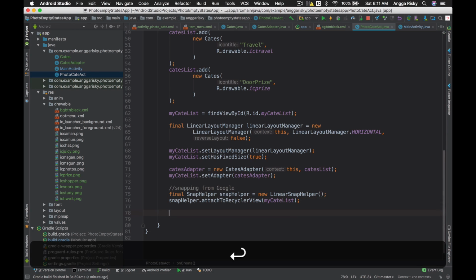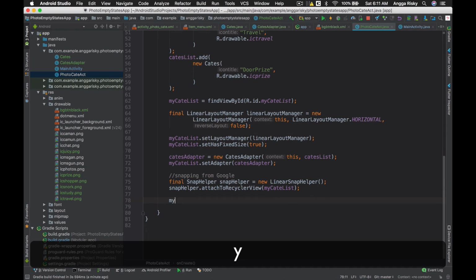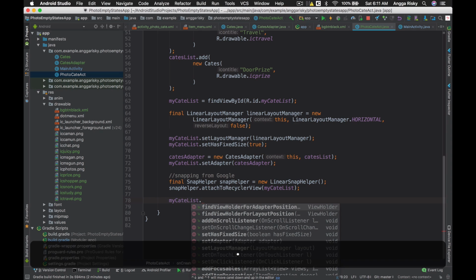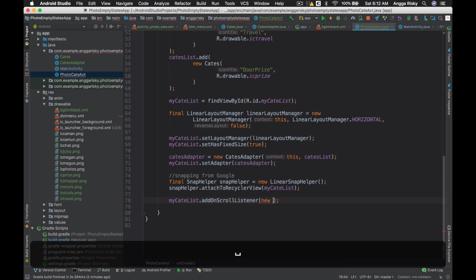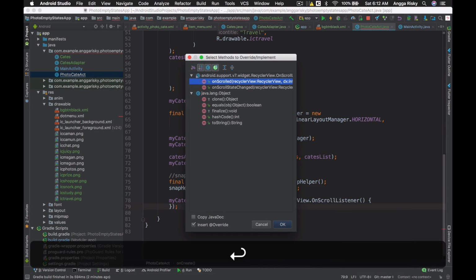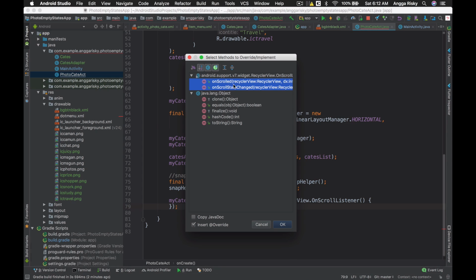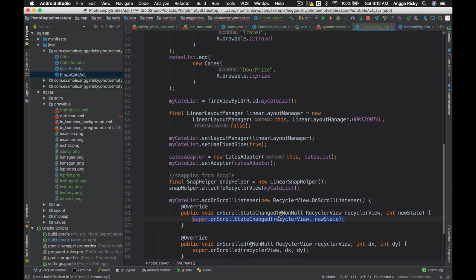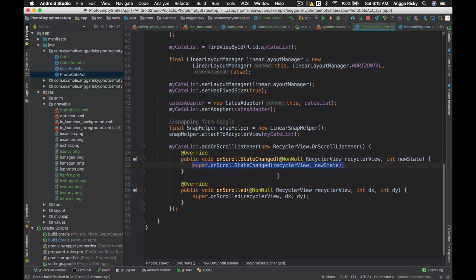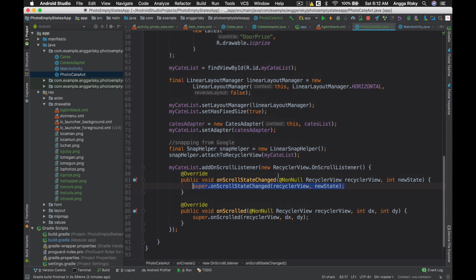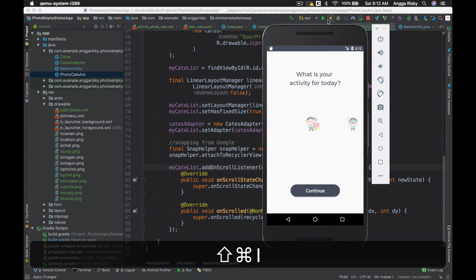So right now I'm going to make another function again, which is my catalyst, and then add on scroll listener, and then new RecyclerView on scroll listener, and you have to select this. Okay, and then we're going to okay them, just like this. Okay, and we're going to try again in the emulator.